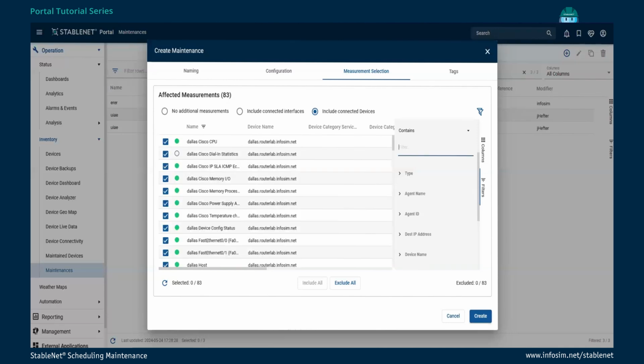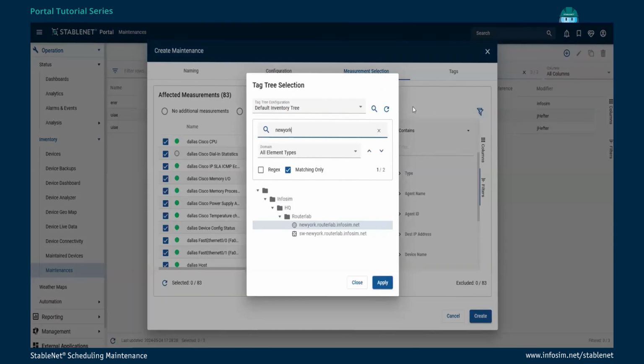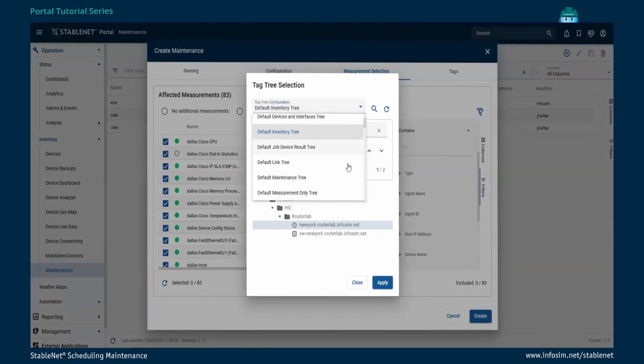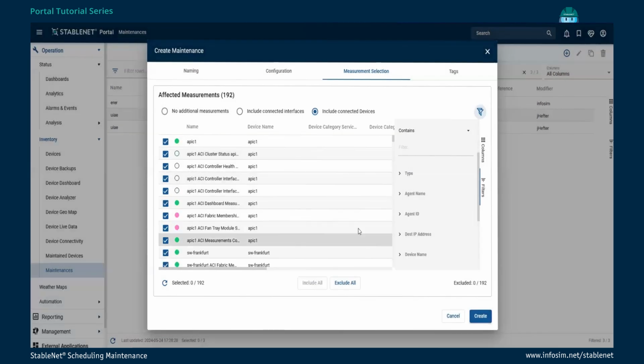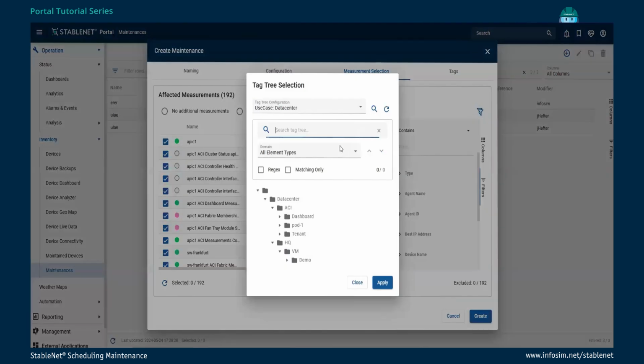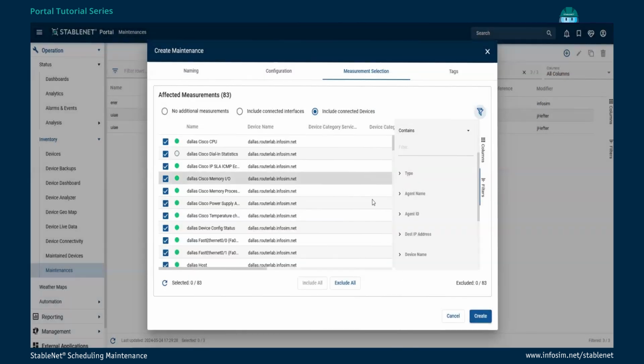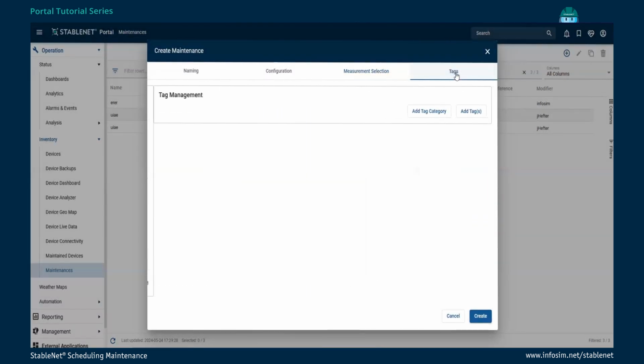I can also change my base filter. So I can use a different inventory tree, for example, our data center tree. And I'm searching for all kind of devices here. So I would like to set ACI devices into maintenance, so I can create a maintenance here. But I would like to go back to my New York filter and I reselect my default inventory tree. I select my New York router, apply this change,